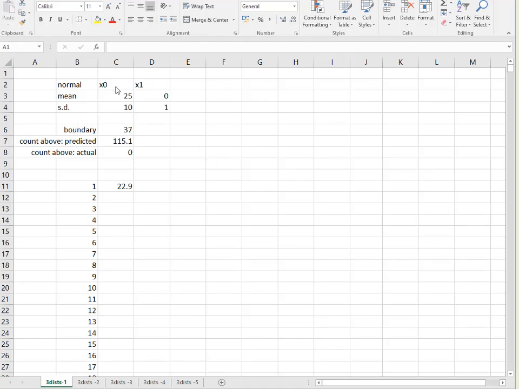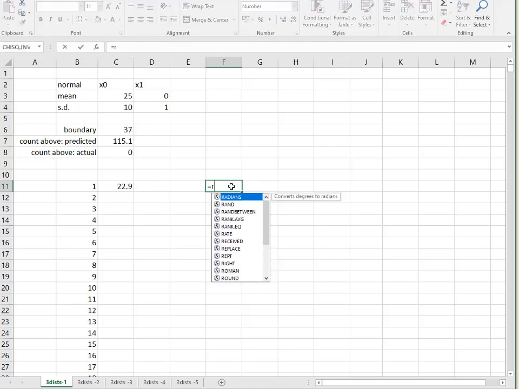So here we've got x0 and x1. We've got to generate some instances of this random variable. For x0, I would like to have this mean. I've decided that it's going to be 25 and the standard deviation will be 10. And then to see what we're going to do here, these are the actual values. So this is the first one. And what we're using is this function,